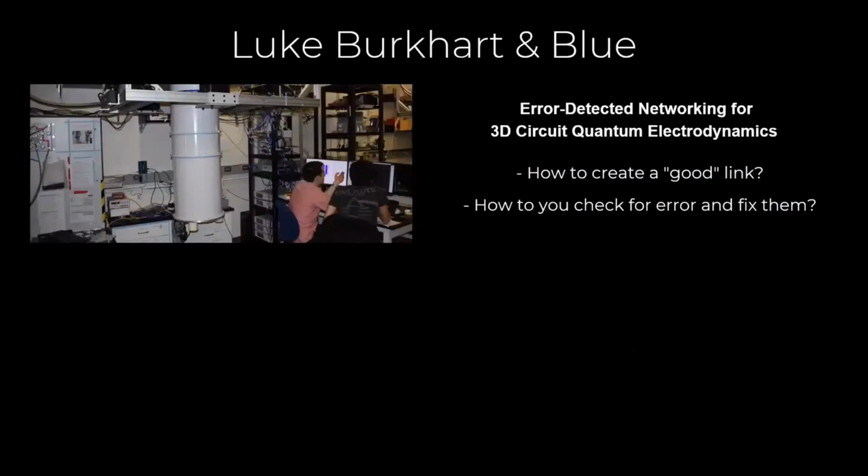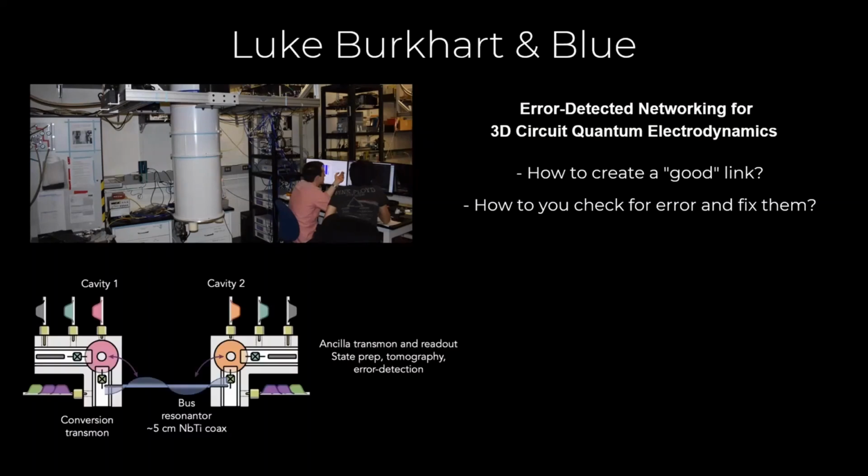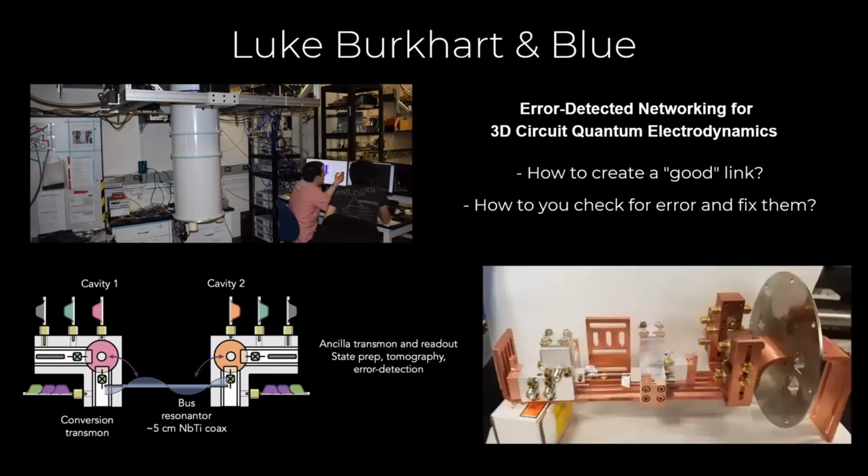In the case of Luke, we explored two different synthesis methods. One involved error detection networking between two qubits. What they were interested in doing was having one transmon read the other one. Based on that error detection, it would correct the error or not correct the error. And here's the physical example of the hardware. From this, we came up with a scheme for good following and bad following.